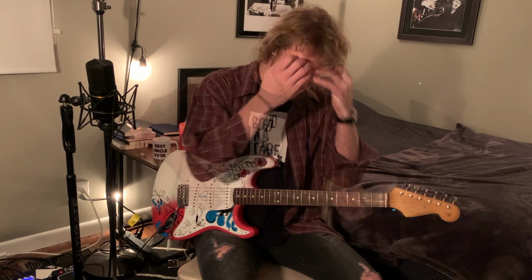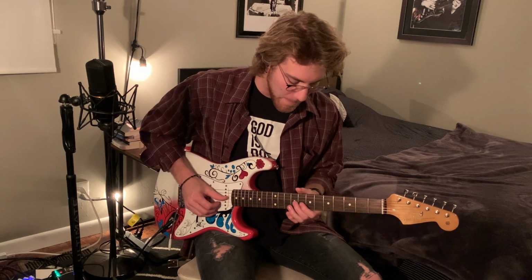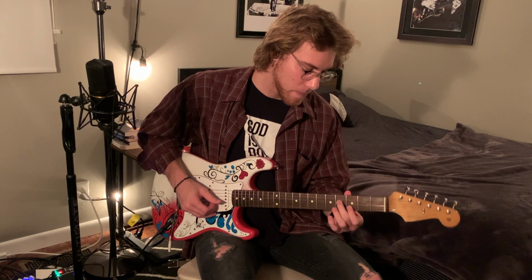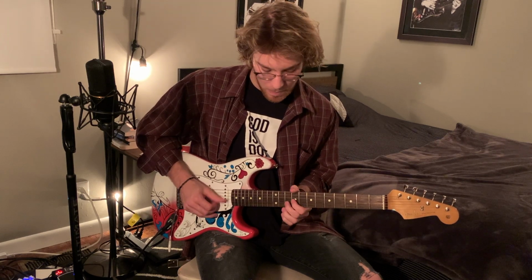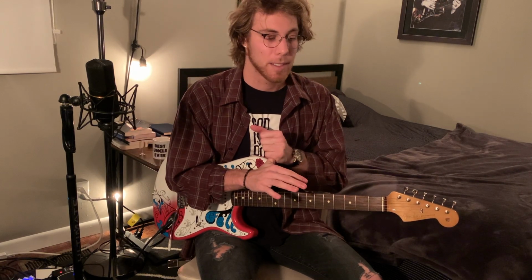Cool. So then the next chord would be the A2, and what I always will make sure to do is to play the 2 or the note that's altered in the chord. So it's not just an A chord, it's an A2. So I'm gonna make sure to play that B. So maybe something like that. I always tell my guitar students to utilize pentatonic shapes, arpeggios, which are kind of a little bit there,